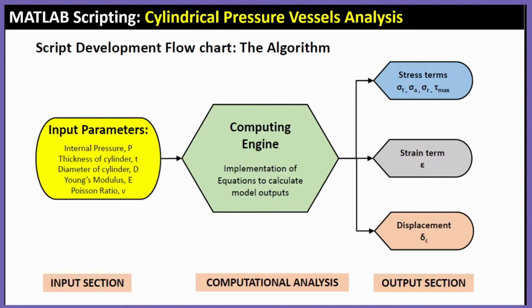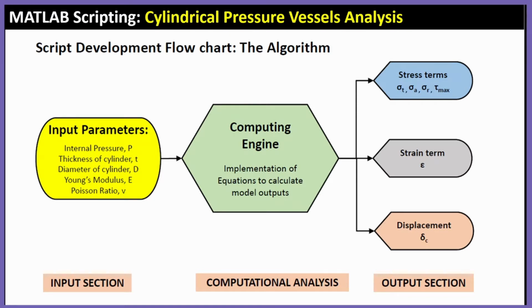So this tends to be the way that I will position or arrange my scripting if I'm going to begin to script. So I have an input section, a computational engine section, and then a display section. So if you have a flow chart like this for your scripting, in this case for the pressure vessel we're working with, then you are in a good place. So now we've got this information. So let's go ahead and now begin to look at